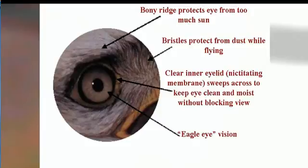Especially if there's a lot of wind and debris in the air, they'll do that. Again, just like us and our own eyelids, we're trying to keep things out of our eyes, they do the same thing. We have sunglasses, obviously, but that inner eyelid kind of acts like a sunglass to them, if you want to say something like that. They do have eagle eye vision, which means that their vision is very, very sharp, very, very far,